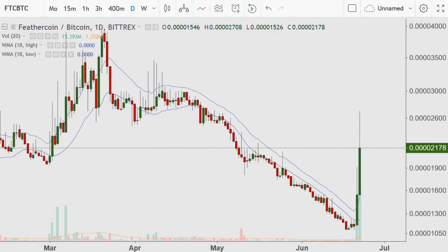What I've been thinking about doing is, 5 to 7 times a week, try to do one a day, a detailed technical analysis on altcoins. So for this one, let's look at FeatherCoin, which managed to get up to about 2,700 from this 1,000 or 1,100 or so Satoshi low. It has pulled back to